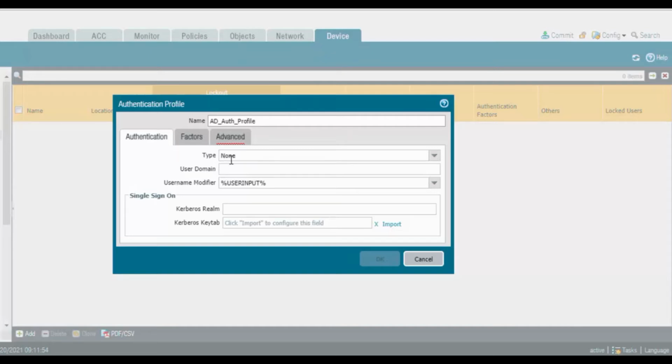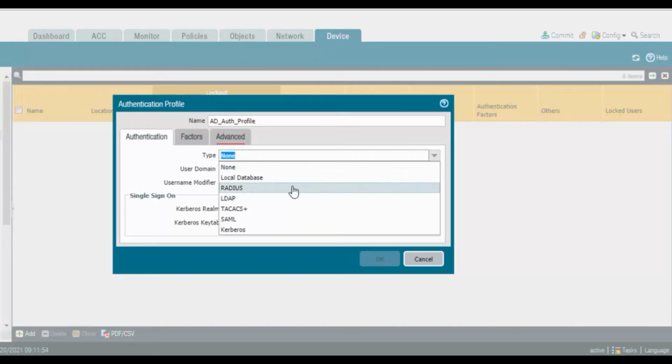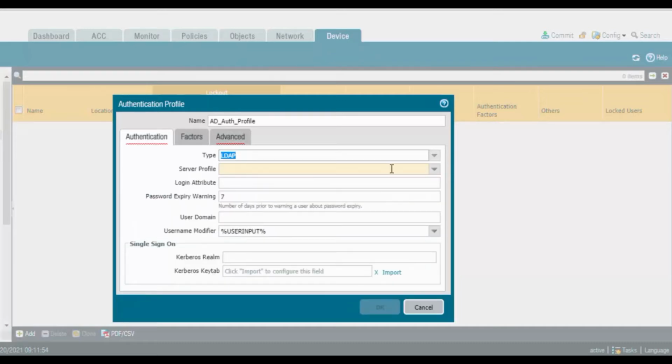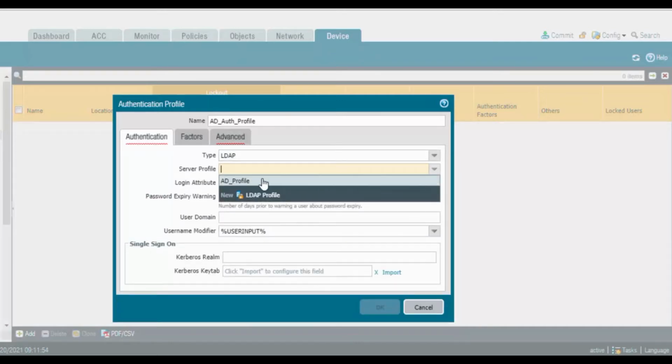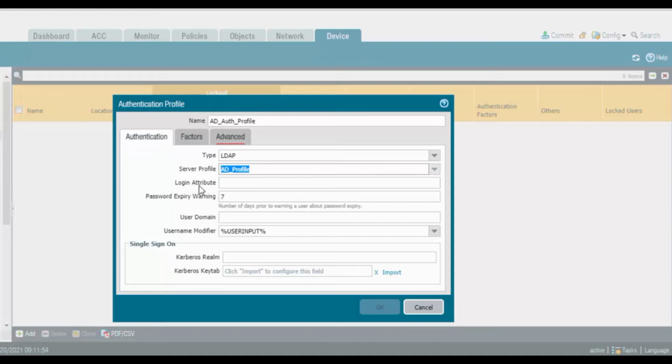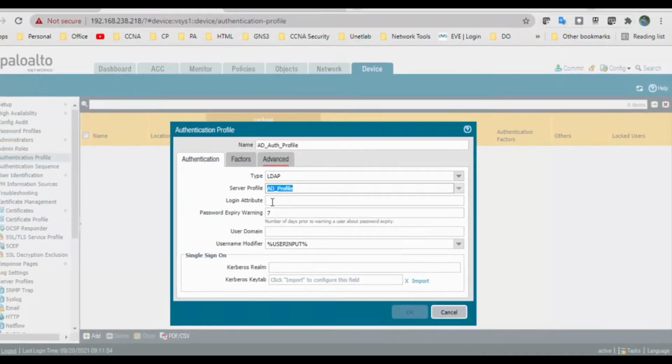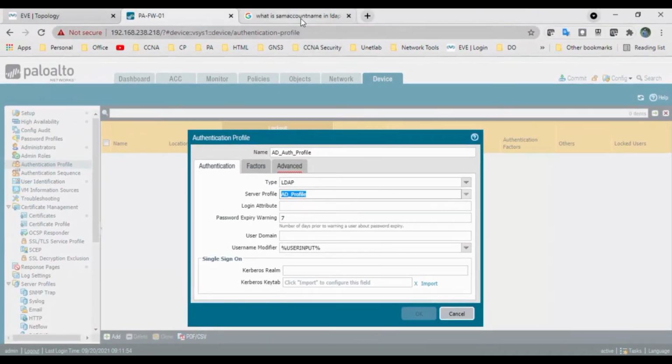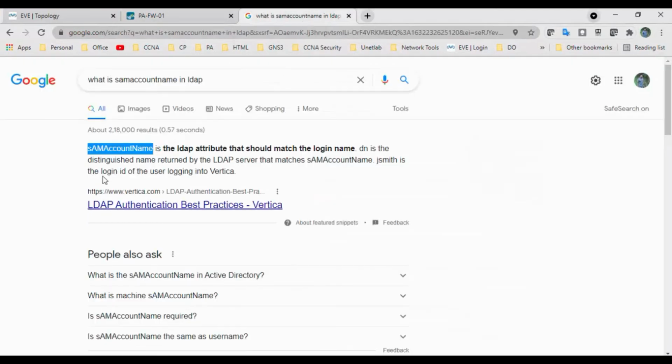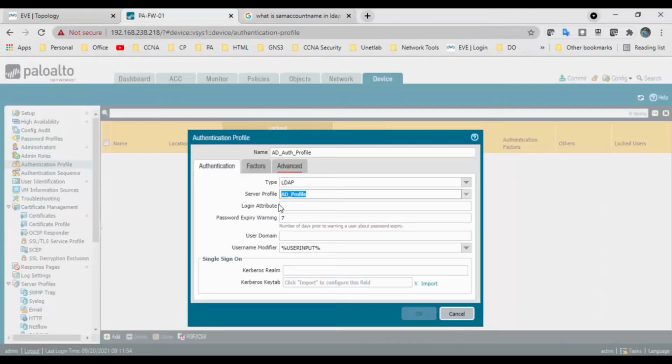The type should be LDAP, and for the server profile, select the AD profile we created earlier. The login attribute for LDAP is sAMAccountName, so copy and paste it.